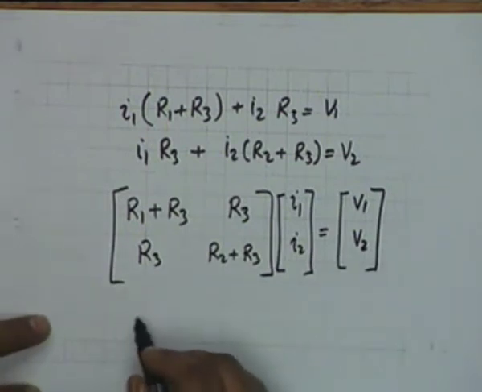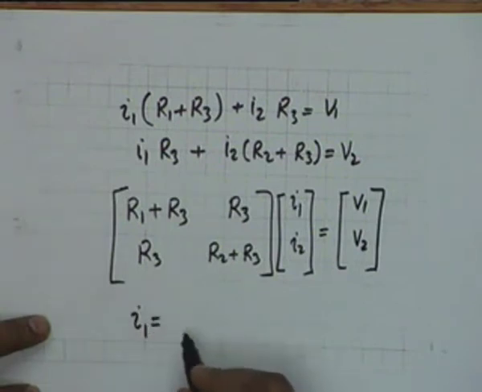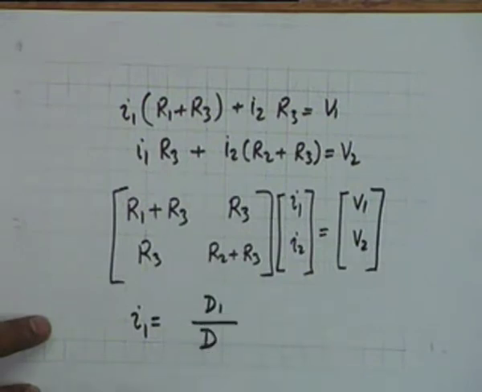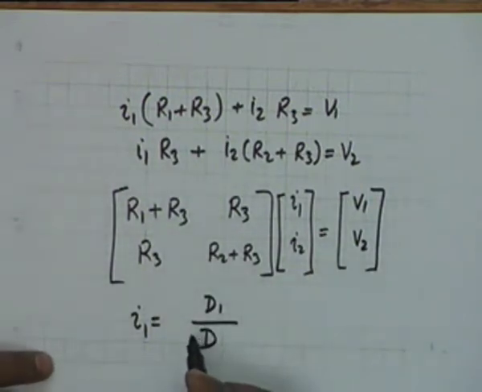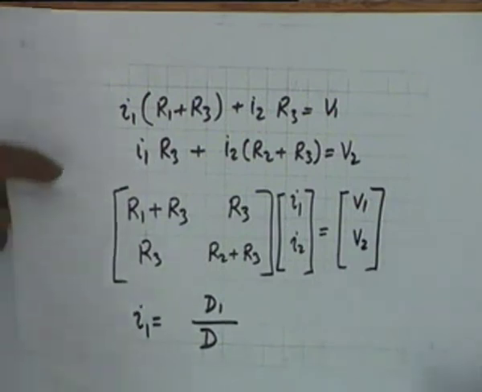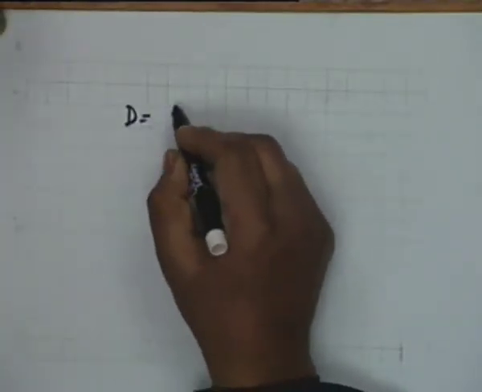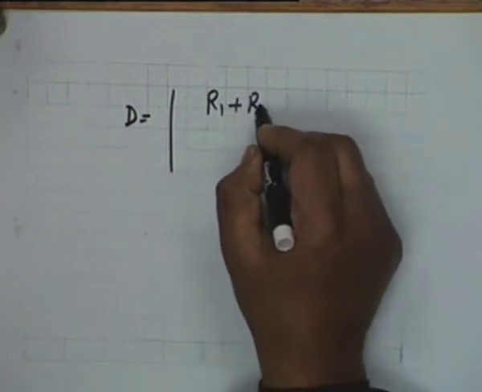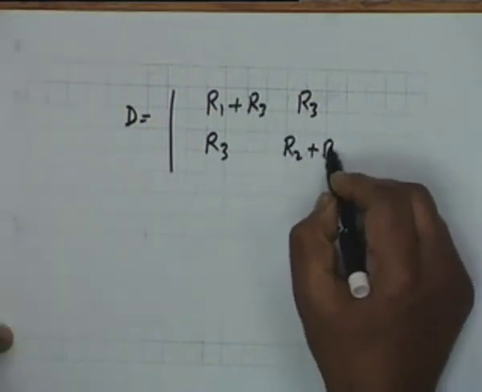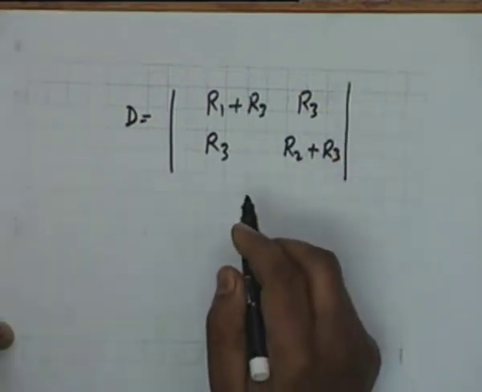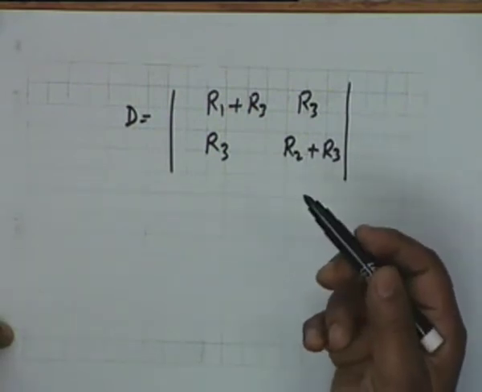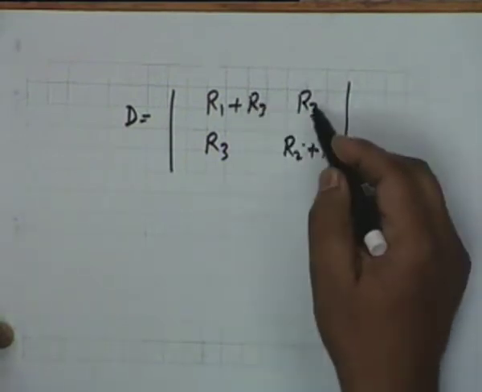and it becomes very simple to solve for I1 or I2. For example, I1 shall be equal to D1 divided by D, where D stands for the determinant of the coefficient matrix, that is D is given by R1 plus R3, R3, R3, R2 plus R3. This is the determinant of the coefficient matrix, and you know how to evaluate determinants, all right. This determinant is a 2 by 2, so product of these two minus product of two R3s,